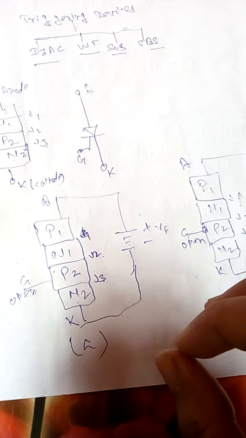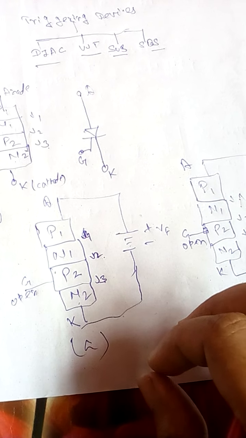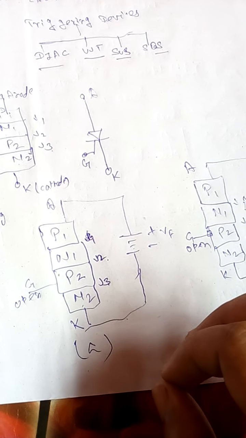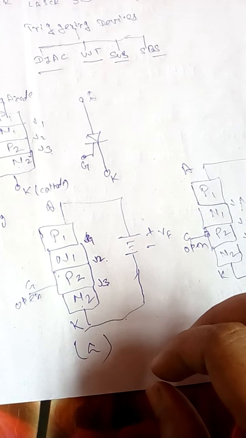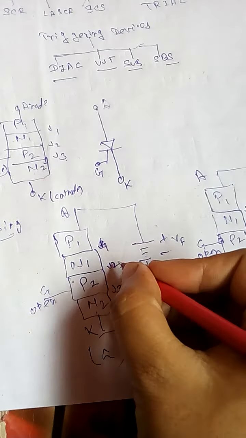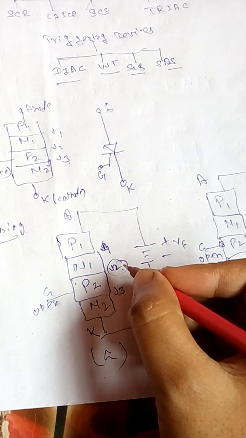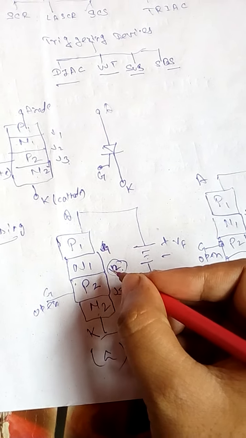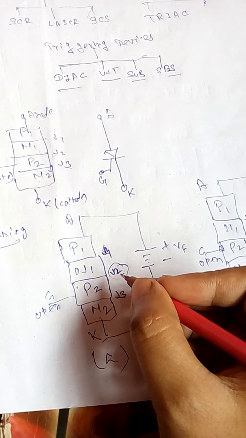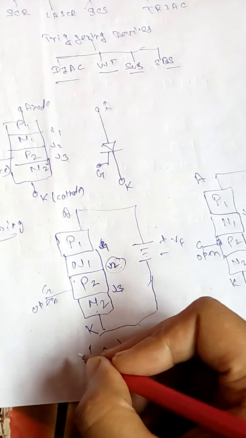We know that if the SCR is forward biased with a small voltage, it is as if it is in the off position, and no current flows through the device. However, if the applied forward voltage is increased to a certain critical value called the forward breakover voltage VBO, the junction J2 breaks down, and this causes the SCR to quickly switch on into the conducting position. Under this condition, the SCR offers a very small resistance.